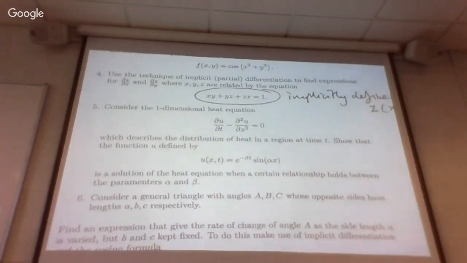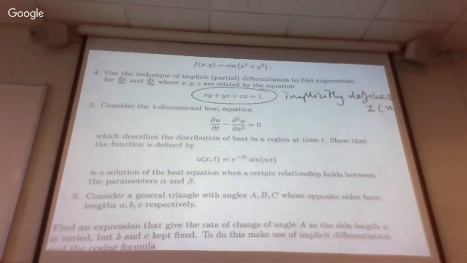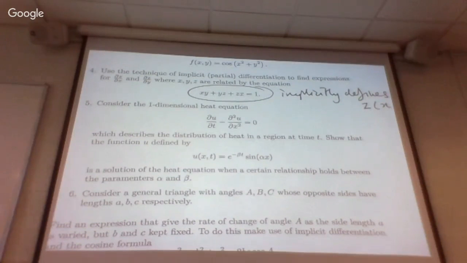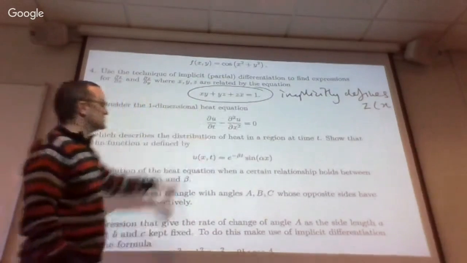The ODE in question 5 is the heat equation. So the heat equation is the equation from physics that models the distribution of heat in a region at time t, or more precisely, how heat moves through a medium. So if at time 0 you've got some kind of material, there's a lot of heat at one end, tracking through time how that heat passes through the material and ultimately probably evenly distributes itself across the material. But how that process happens in terms of the time, that comes from the solution to this equation here,